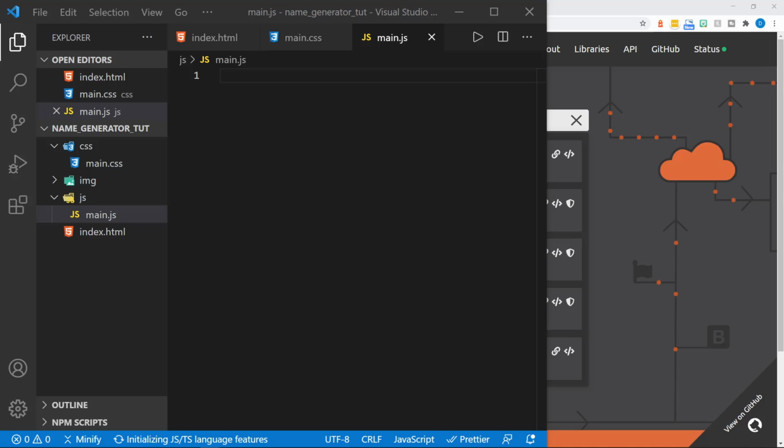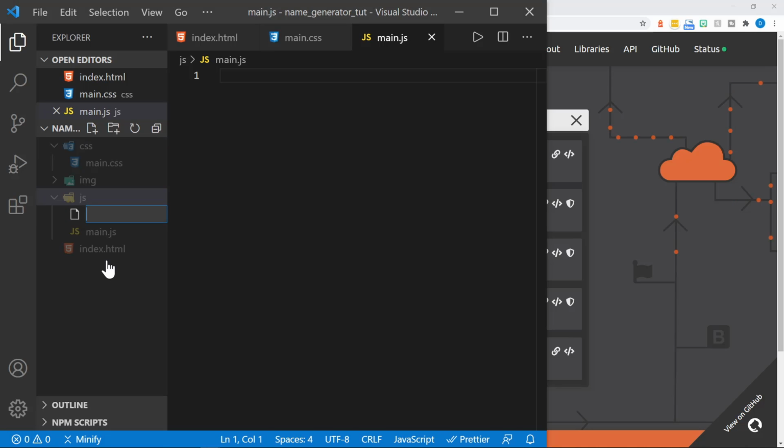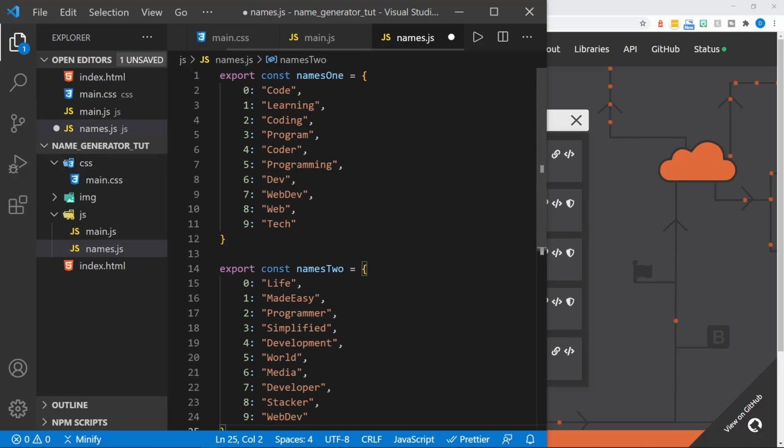And the first thing is the names lookup. We're going to use modules today. And so I'm going to create a second file in JS, and this will be called names.js. This file contains two objects that we're going to use as object lookups, and I just wanted to paste those in. You can see they have developer words, code words, things like that, and we're going to use those as